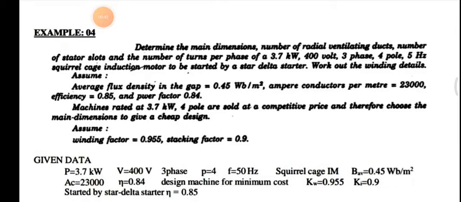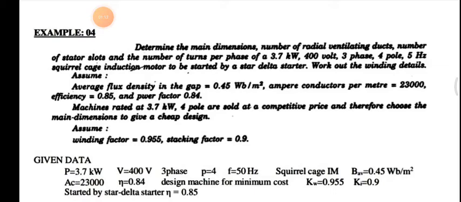Then after that we have also derived the output equation of an AC machine, an induction motor. We also learned what an output equation is. An output equation is nothing but an equation that shows the relation between various parameters that can be used to express the output of an AC machine.